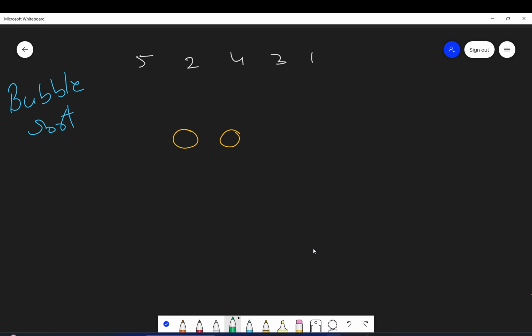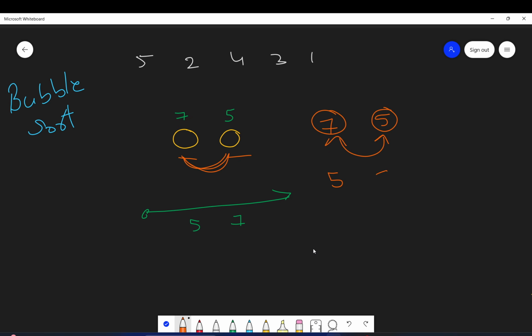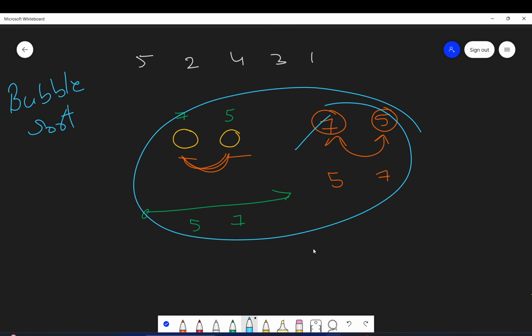Okay, so let's say here we have 7 and here we have 5. When we sort these numbers, 5 ideally should come first and then 7 should come, right? So in bubble sort, we will compare adjacent elements, we will compare these, and if the greater number is at the first position and the smaller number is at the second position, we will swap them so that 5 can come first and then 7 comes. This is the principle bubble sort works on, that we'll be comparing adjacent elements.